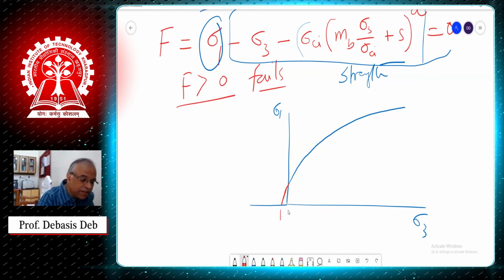This is on the tension side, the minus sigma 3 side. So you see here the tensile strength is very low, and this is basically the UTS, or something you can say. It's not U, I can delete that because it's not uniaxial. I can write it sigma T, let's say tensile strength.